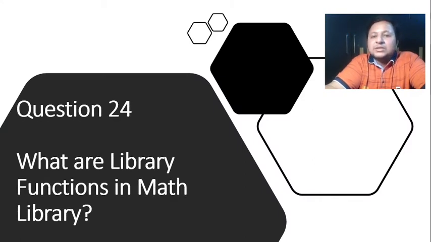In the previous lectures, we have finished the concept of operators, and that too in a very detailed manner. So the only thing that is now left for us to build the expression is knowledge of the math library. So in this video, we'll be looking at the math library and some of the typical functions which are very frequently used. Let me tell you that the math library contains a lot of functions. I have selected some of the typical functions which are required to be known or which are significant. So let us start with the video and with the concept of math library in C programming.